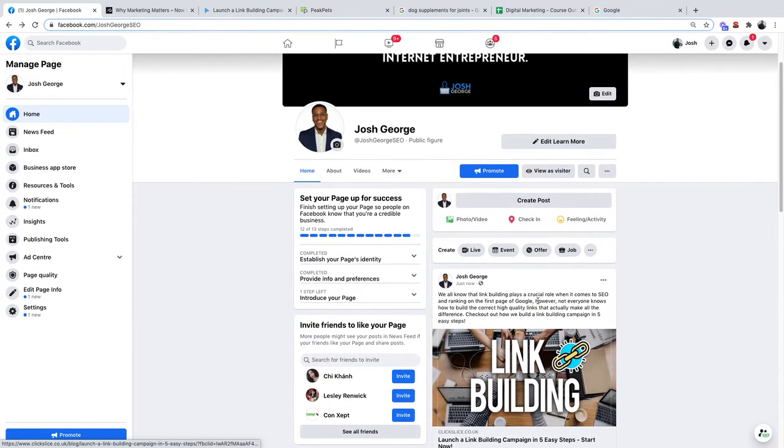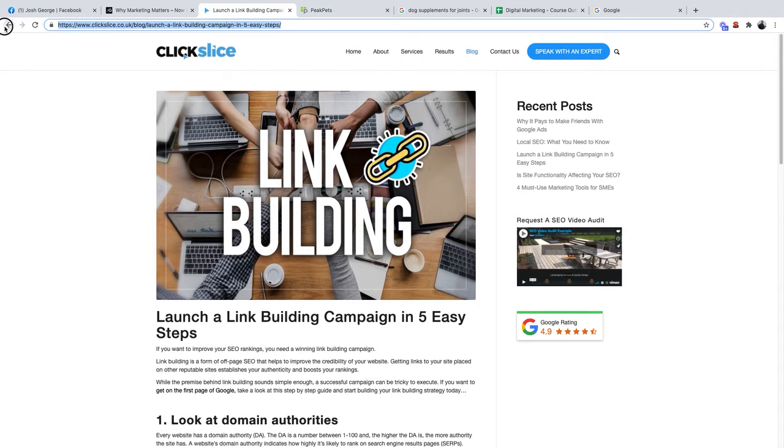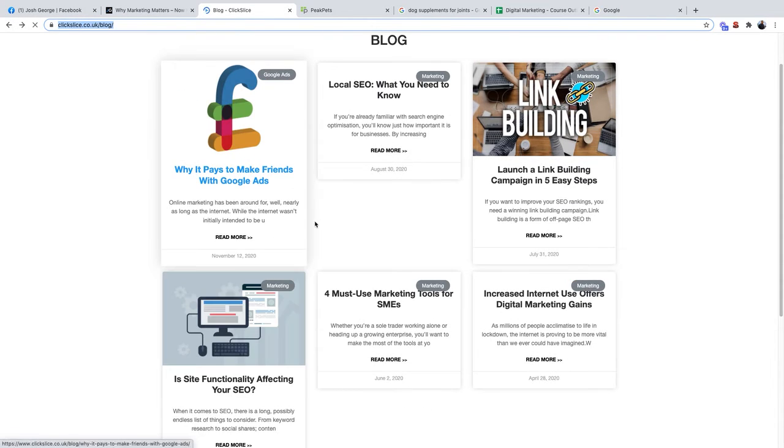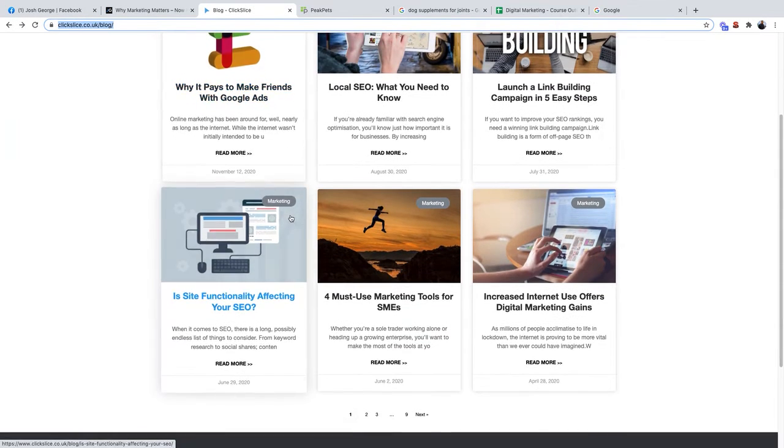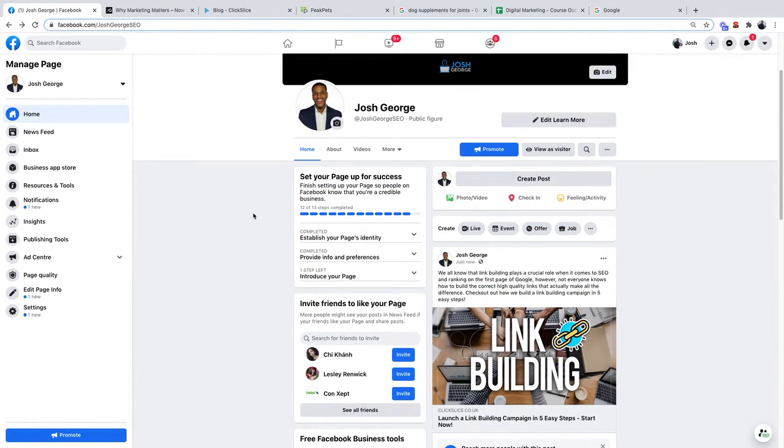So that is the first strategy. If you already have an existing website, then simply going over to your website and checking out your blog is definitely a great strategy which you can utilize to come up with tons of posts you can post on your Facebook page. So the second strategy which you can use to come up with posts for your website is